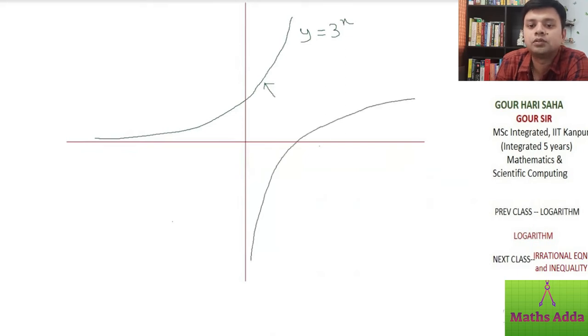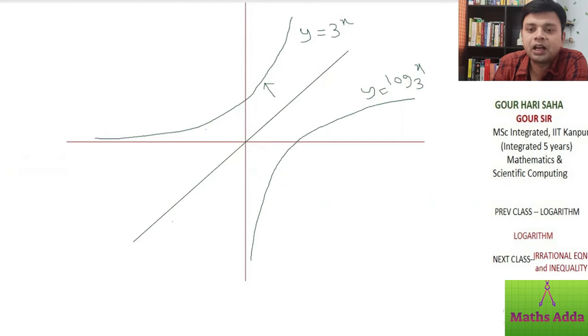Kind of. So you don't need to worry. And the last thing is the graph of log and exponential. If this is the graph of y equal to log of x base 3 and this is y equal to 3 to the power x, these two graphs will be symmetric, or mirror images of each other, with respect to the line y equal to x. So both the graphs are mirror images of each other along the line y equal to x.